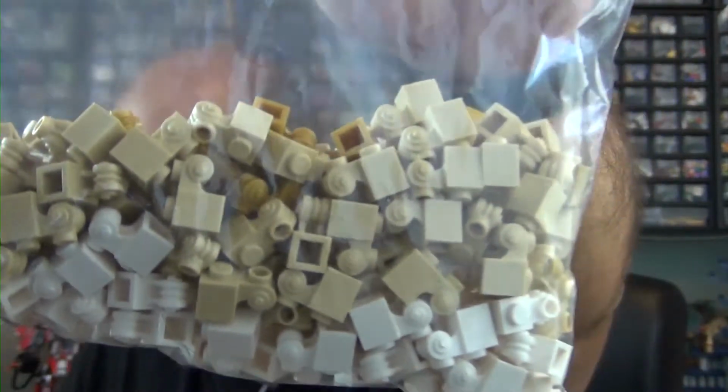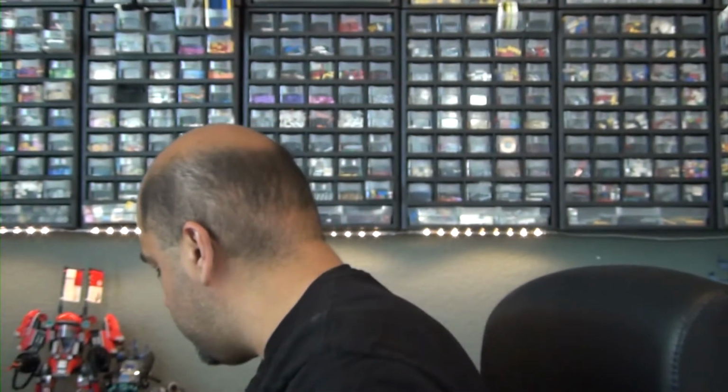To get that many in regular Lego sets, because they're kind of rare, they don't come in a lot of sets. To get that many in a lot of Lego sets, it would take a while to accumulate that many. So, what do I have going on as far as MOCs? I'm going to save the MOC that I'm going to share with you for last, but right now, what I have going on is